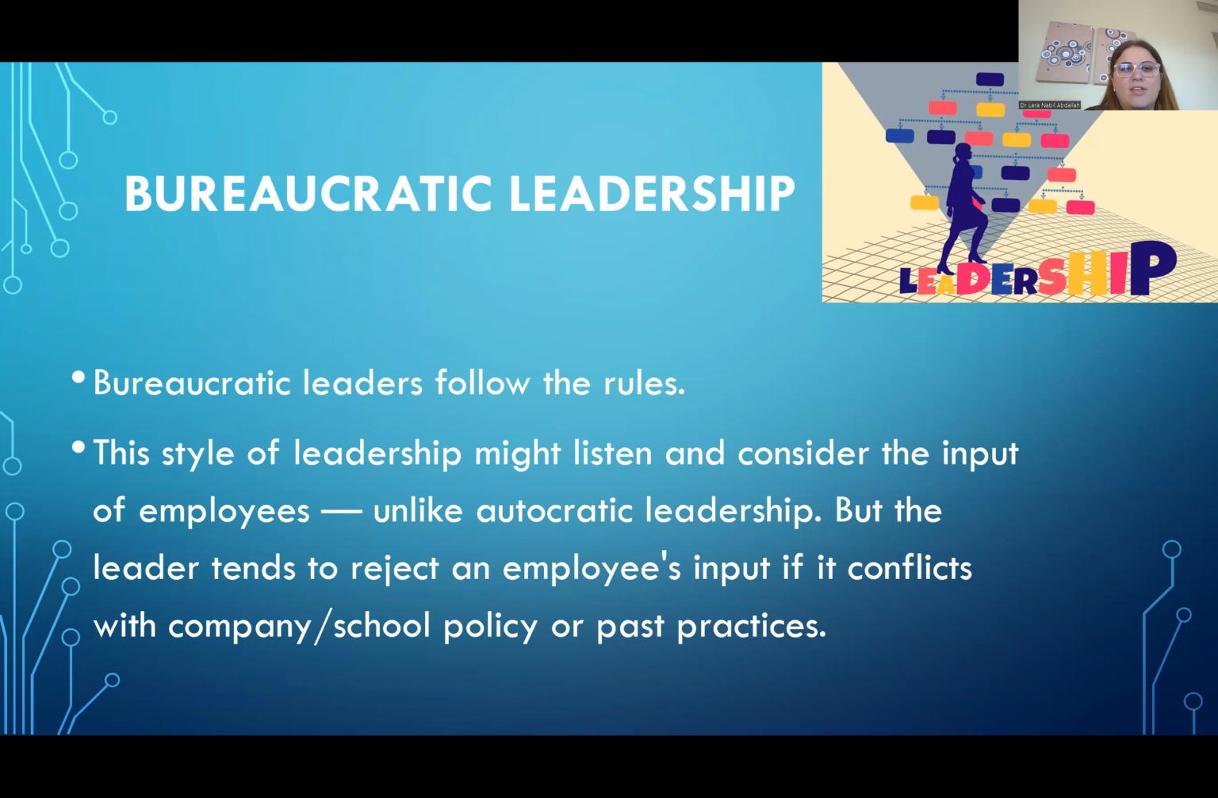Hi. To continue discussions related to leadership styles, today in this video, we're going to focus on one of the styles, which is called the bureaucratic leadership style. The bureaucratic leader follows the rules. This style of leadership might listen and consider the input of employees, unlike the autocratic leadership, which we have discussed in previous videos. But the leader tends to reject an employee's input if it conflicts with the school, company policy,